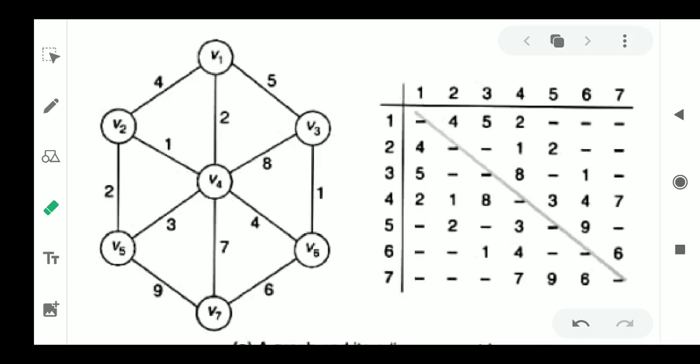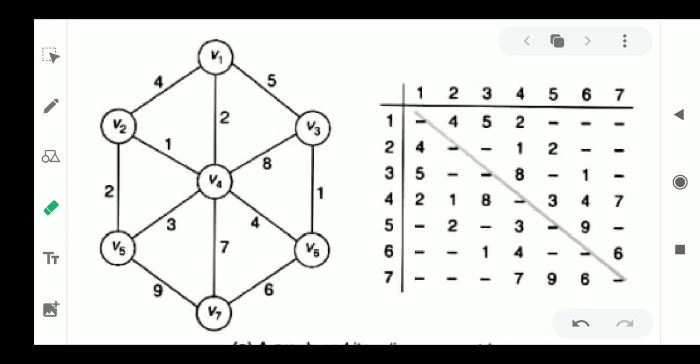In the previous video lecture, we have seen the introduction part of spanning trees. There I told you there are two important algorithms which are used for constructing spanning trees. A spanning tree can be constructed by using several algorithms, but there are two important algorithms which we are going to discuss now. They are Prim's algorithm and Kruskal's algorithm.